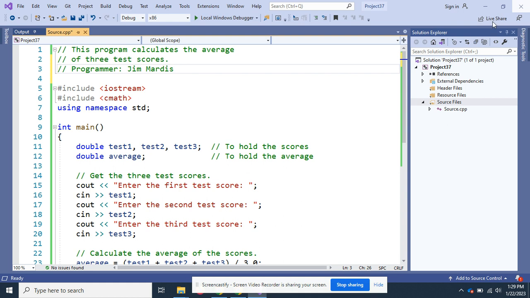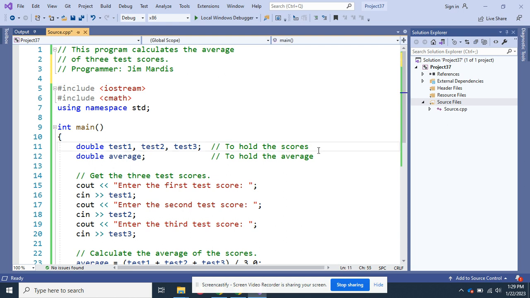All right, for this one, iostream, cmath, I'll explain that as we get down to it, and using namespace std. iostream is just what we've talked about before. It's input output stream. So this is our first use of input.